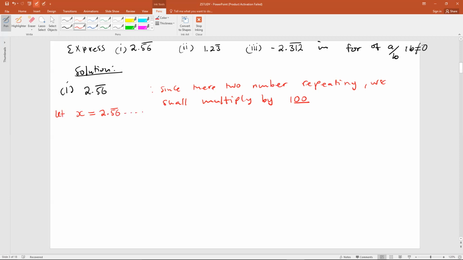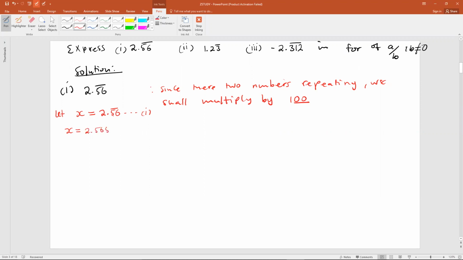Call that equation 1. Then, since there are two numbers repeating, we shall multiply by 100. So 5 and 6 is repeating. Remember, you can just write to say this is what you have here. So multiply equation 1 by 100. So this is what you have,